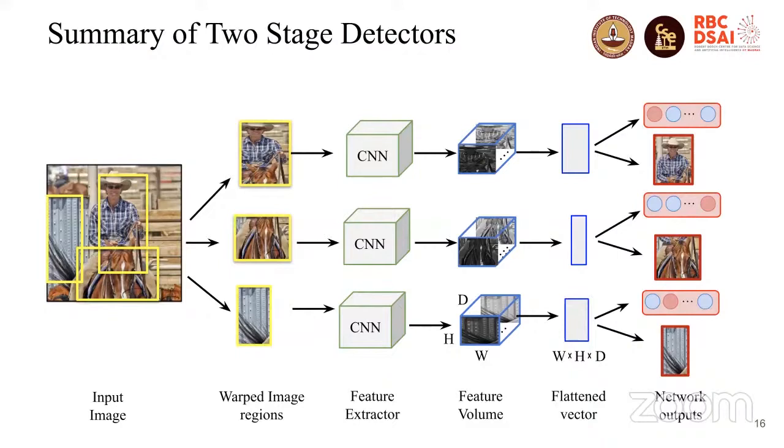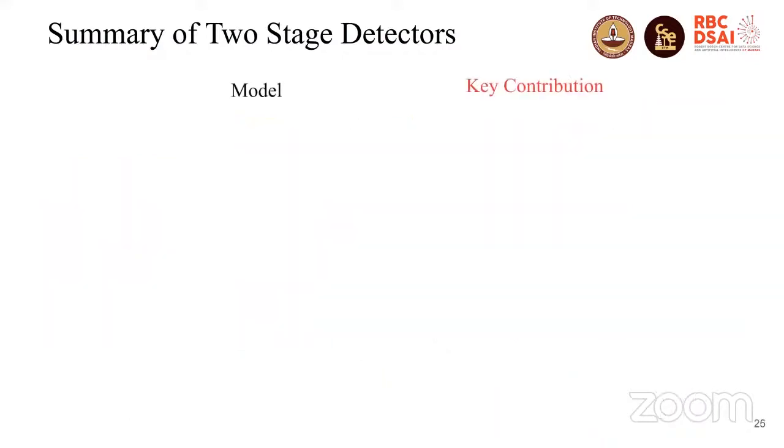So they have made improvements where now you can reduce the number of computations required in the network, as well as reduce the number of proposals that you generate, and also improve the quality of the initial proposals that you have generated, right? So this is the advancement that has happened in the past 6 years around efficiency, accuracy, and generating better proposals, right? And if I were to summarize the key contributions that have been seen in this space,